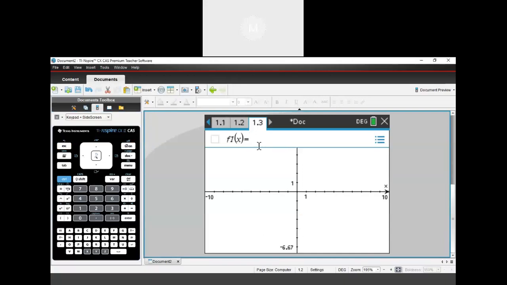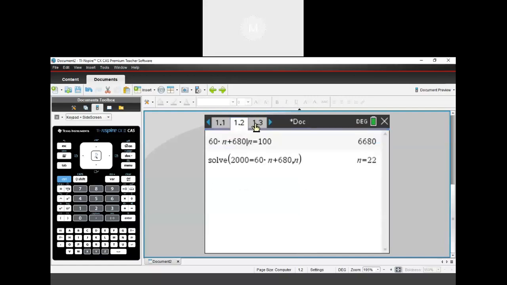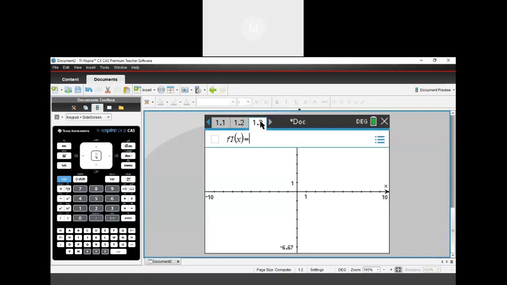I type my equation in here. The f of x is like your y, or in this case, your E. Now we need to use x and y inside our graphing application, so it's something you need to keep track of. So in this case, my E, I'm going to make that y, and the n, I'm going to make that x. I'm doing that because I want it to be in the form y equals something. So in this case, y or E equals 60n. I'm going to write 60x to match up with my x-axis here, 60x plus